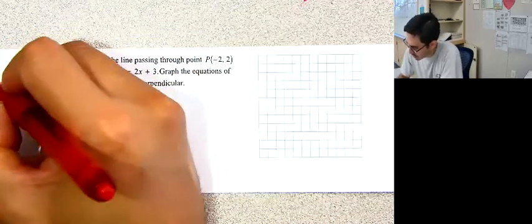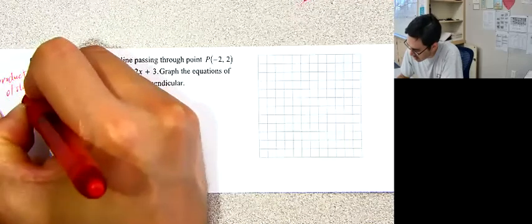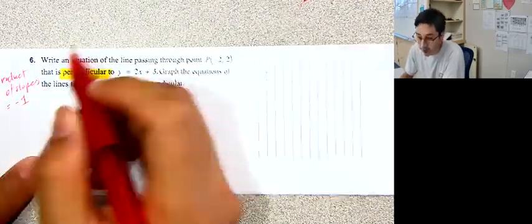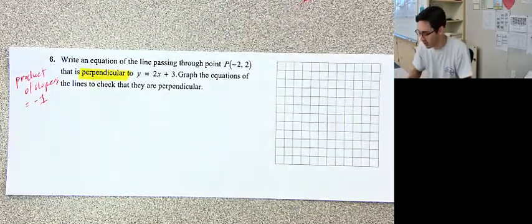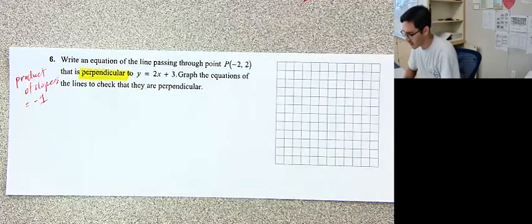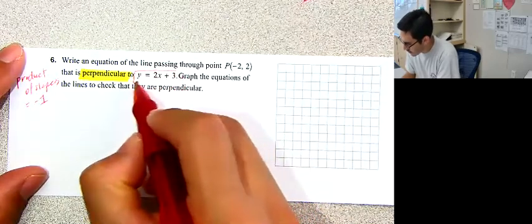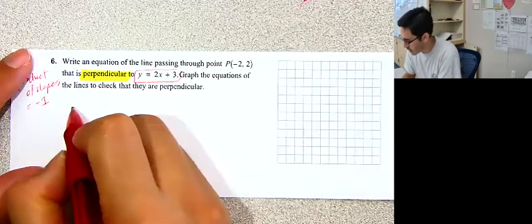So remember, perpendicular means the product of the slopes will equal -1. Okay. Product of the slopes is going to equal -1. So I know that the first line has a slope of 2. So let me write